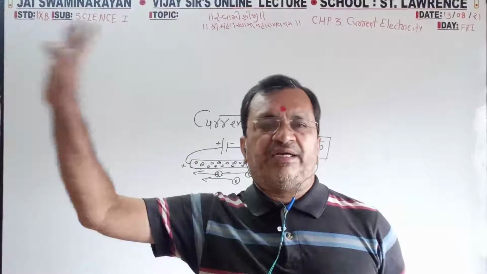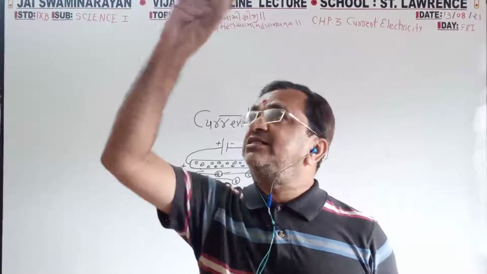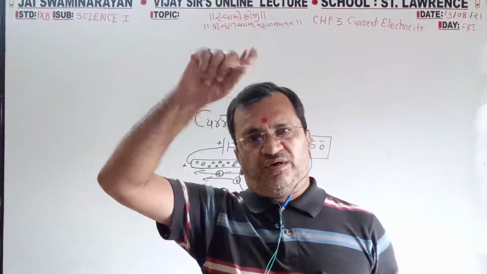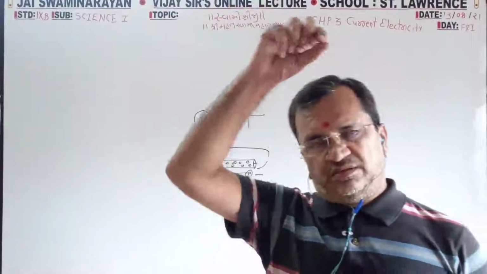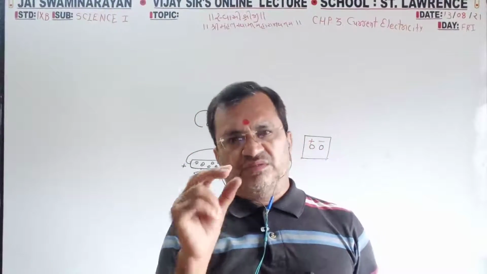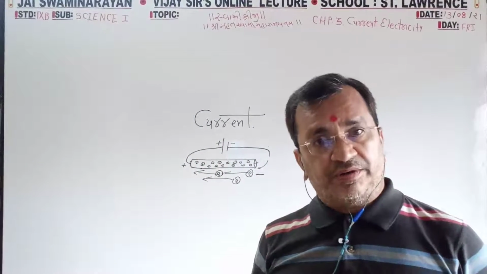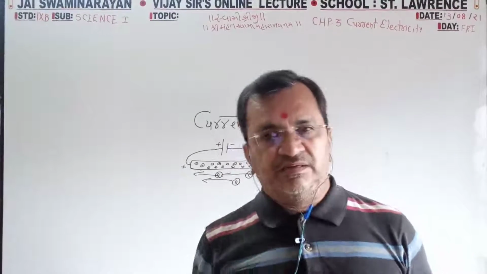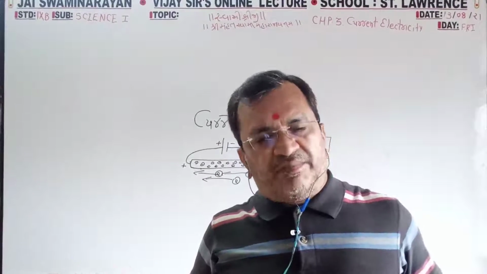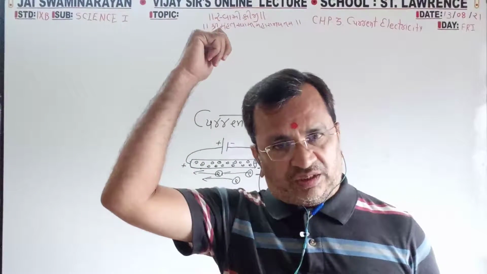That is why electric current can pass only in metal. And that is why there is a coating of rubber, plastic or woolen threads, because when we touch, the electric current cannot pass through our body. I said electric current can pass through metal. Our body is not made of metal. Then why do we get a shock when we touch it?